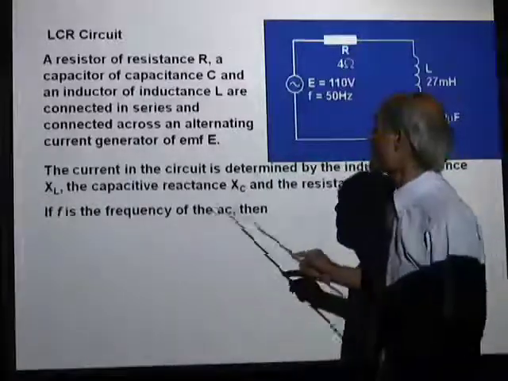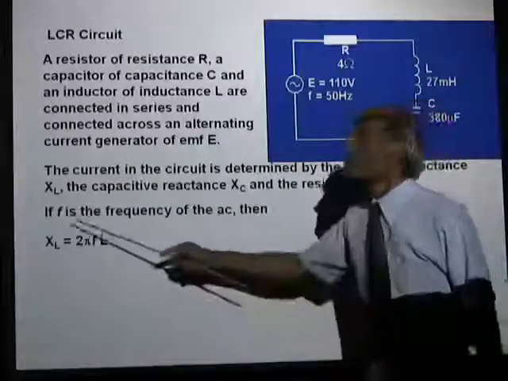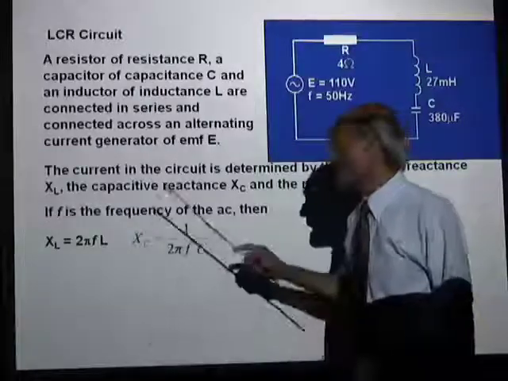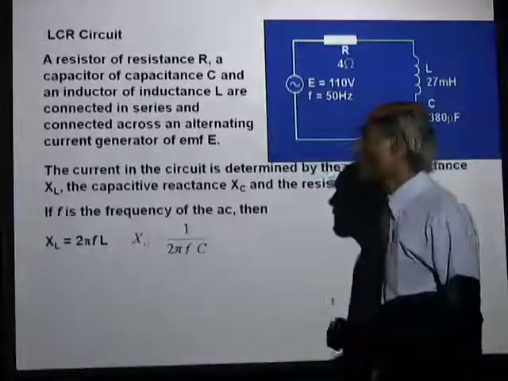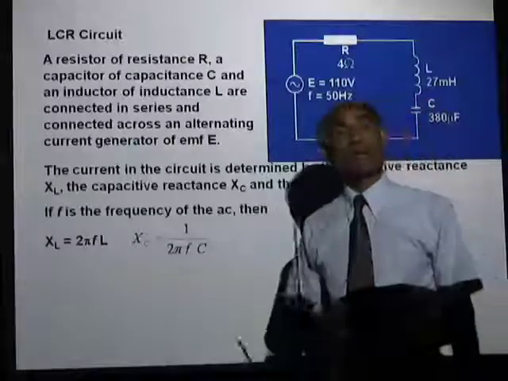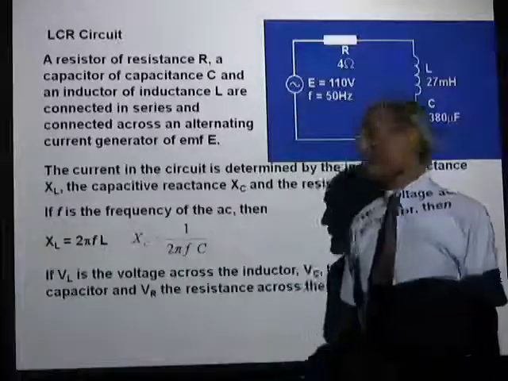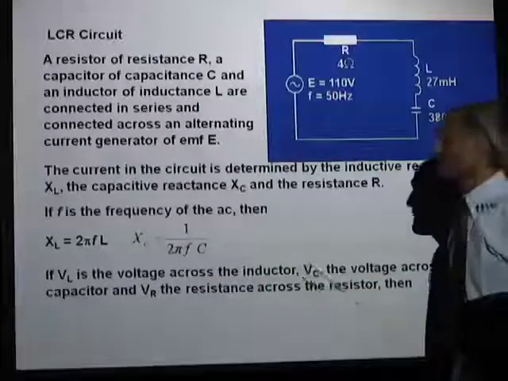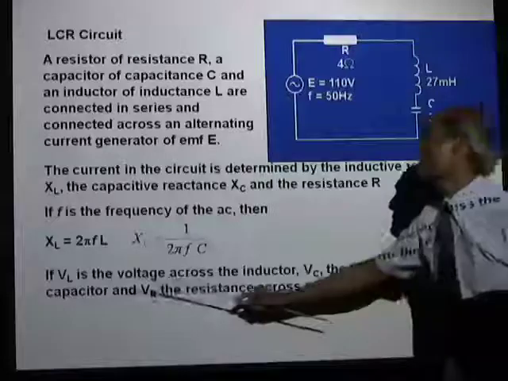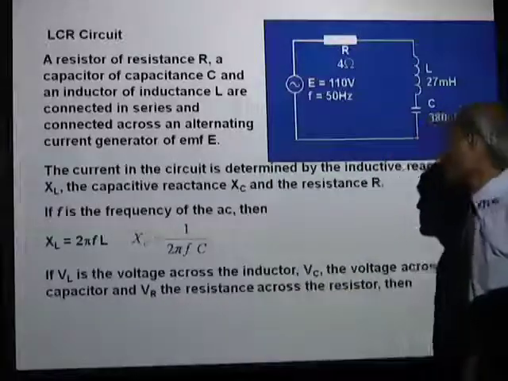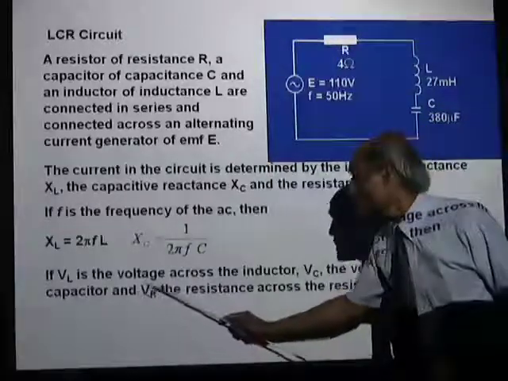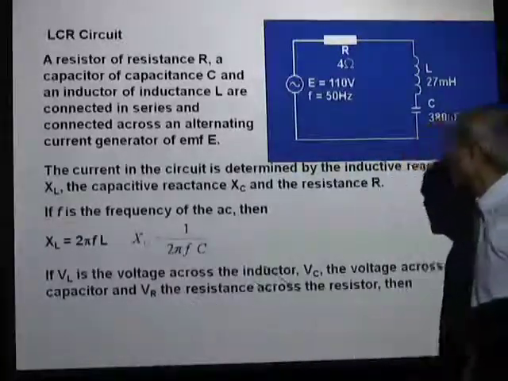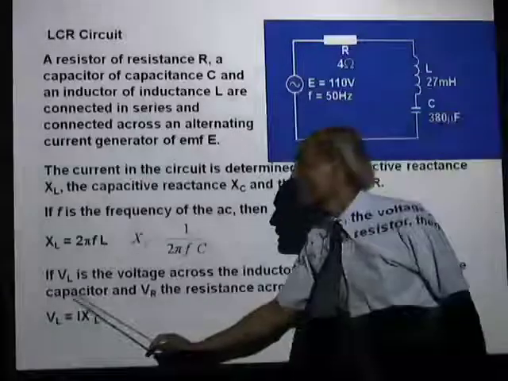Now, if F is the frequency of the AC, then the inductive reactance is 2 pi FL, and the capacitive reactance is 1 over 2 pi FC, and the resistance is R. Now, if VL is the voltage across the inductor, VC the voltage across the capacitor, and VR the voltage across the resistor, not the resistance across the resistor, the voltage across the resistor, then you know that